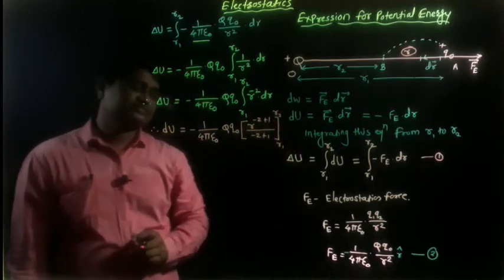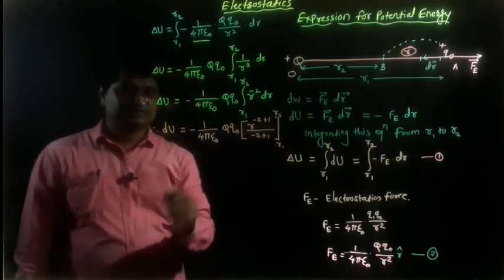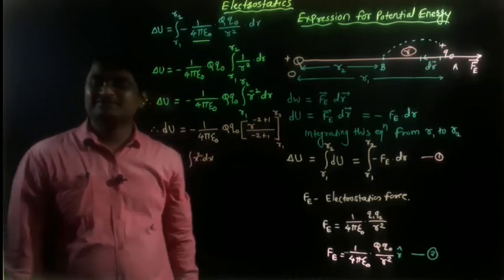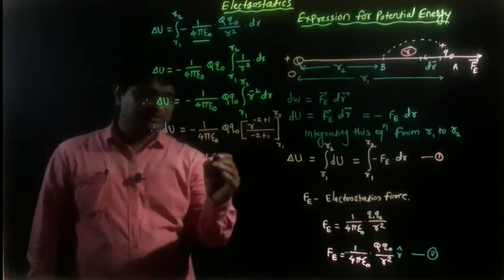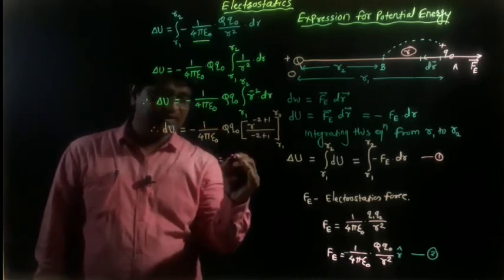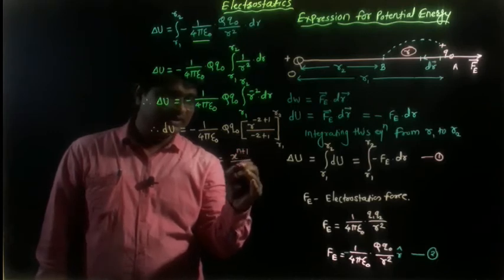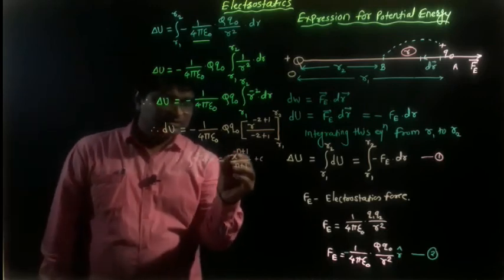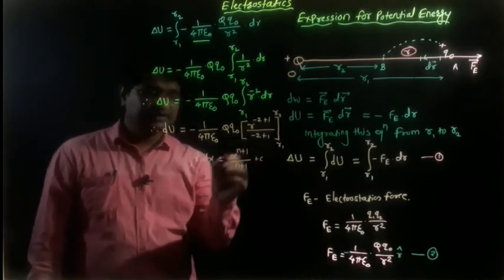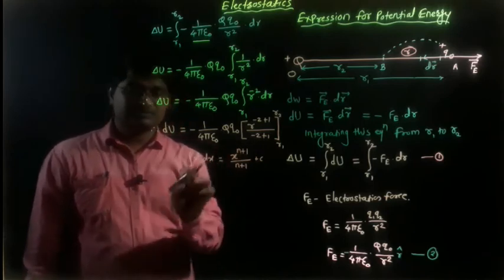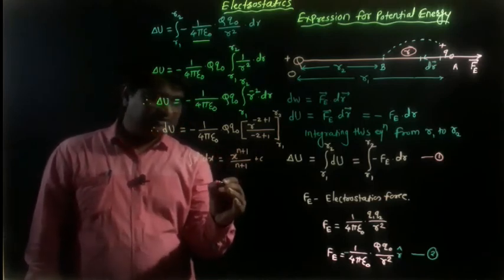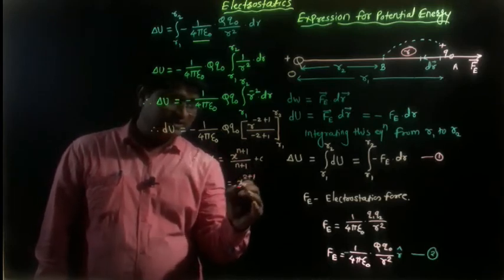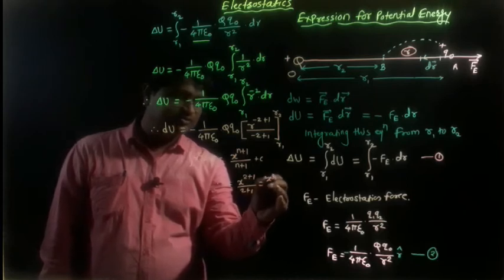So why can we write this? This is the standard equation of integration. You know the integration of x dx, x square dx, x cube, any value. The standard form we can write is x raised to n plus 1 divided by n plus 1, plus c, where c is the integration constant. Here n is the power in the function, and x is any function. So here we can write x raised to power 2 plus 1 divided by 2 plus 1, that is x cube divided by 3.